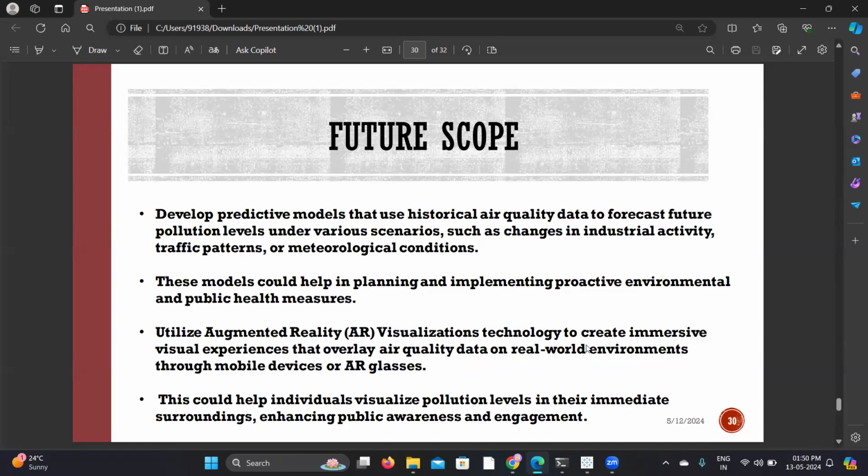In the future, there are numerous directions that air pollution mitigation in the US could go. Some possible directions for further research and action might be to conduct longitudinal studies to track changes in air quality over time. Long-term data collection and analysis can shed light on how changing environmental factors, alterations in the population, and advances in technology affect the amount of air pollution. Or we can use predictive models that use historical air quality data to forecast future pollution levels under various scenarios, such as changes in industrial activity, traffic